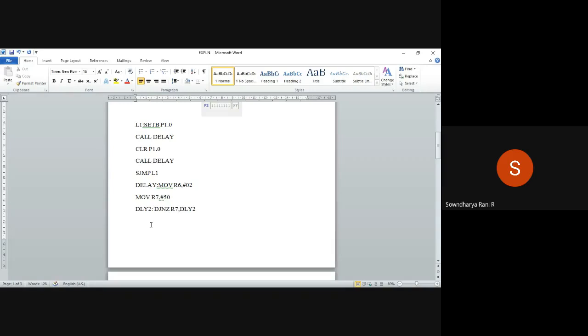Right? So what I'm doing is decrementing the register R7, and if it is not 0, you have to continue this instruction. Okay. So next, again the same instruction, decrement and jump if not equal to 0, the R6 register,